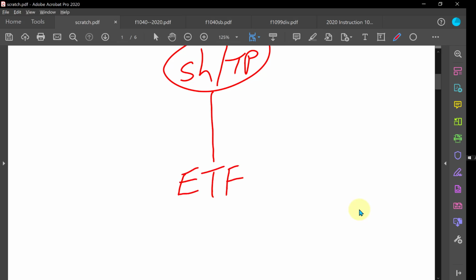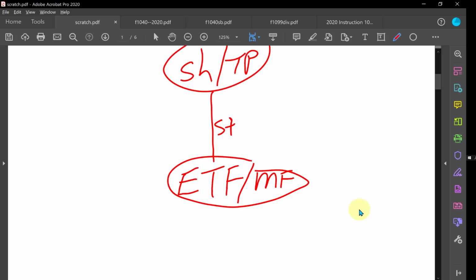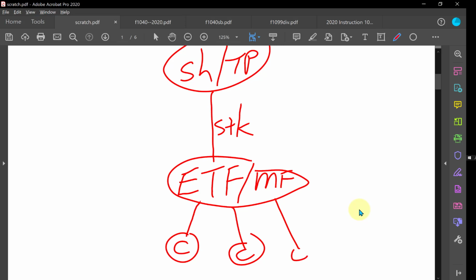Exchange traded funds are probably more popular than mutual funds. And in turn, the mutual fund or exchange traded fund will buy shares of stocks in other companies, like all the stocks maybe in the Dow Jones Index or the Standard and Poor's, or maybe all in a specific industry